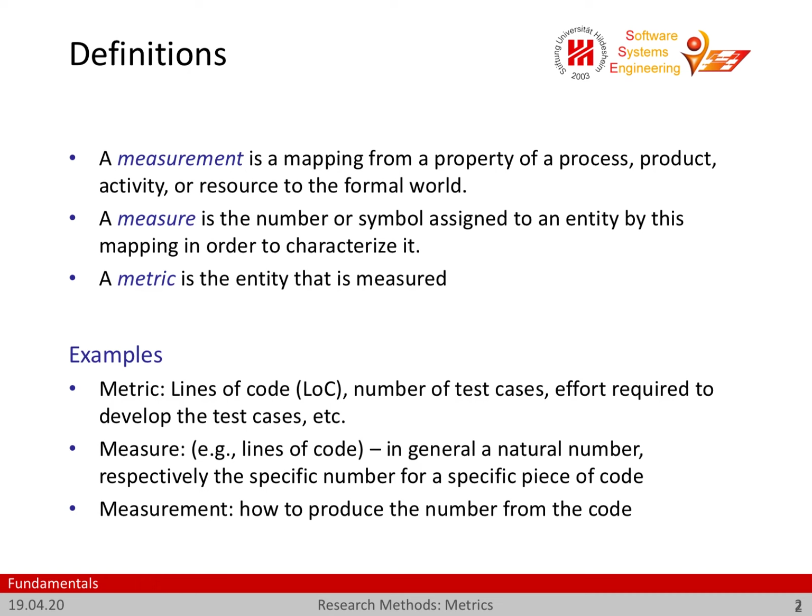Ideally, it would be precisely described in a measurement description, and in cases like lines of code, we can even automate it, meaning we can write a program that does the observation for us and produces the number. In that case, it's highly reproducible. That's a pretty nice property for a metric. However, it's not always as easy as this.